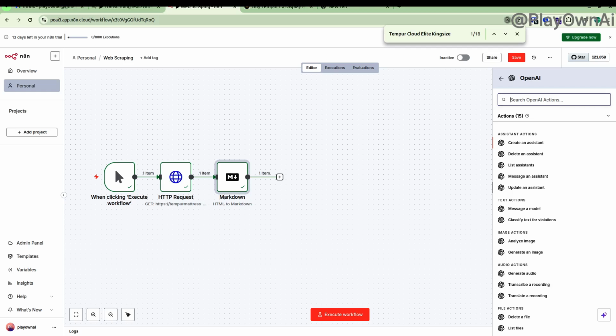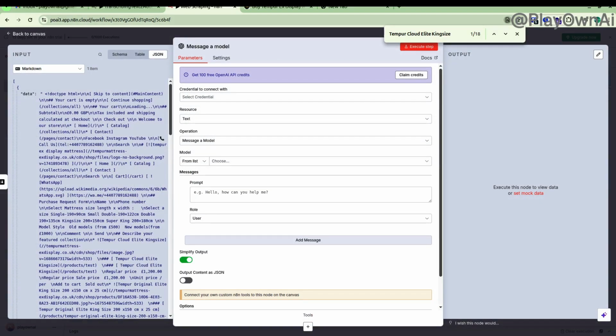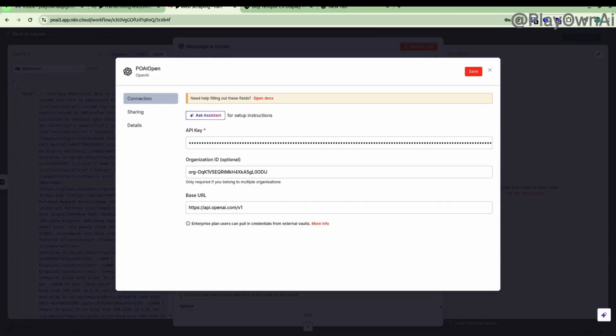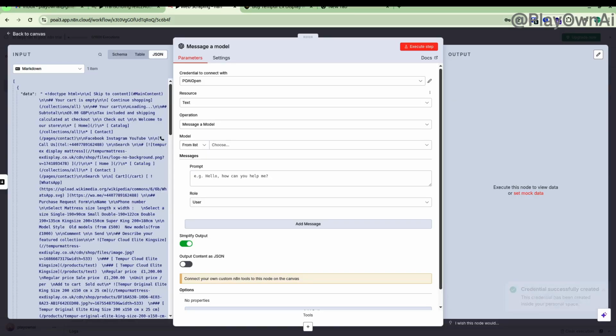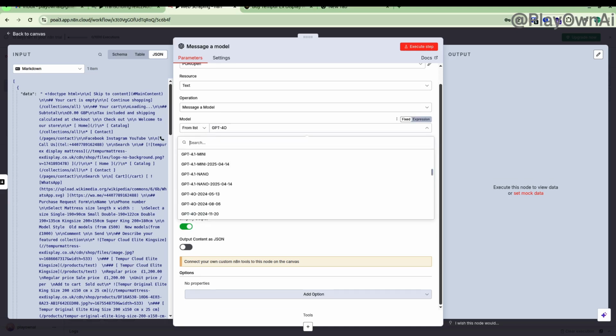Add new node, OpenAI Message Model. OpenAI Message Model feeds the Markdown to GPT-4o Mini to extract all absolute URLs in an array, return the site's plain text copy, and provide a one-line summary. Credential: connect with your credential key. Resource: text. Operation: message model. Model: from list,